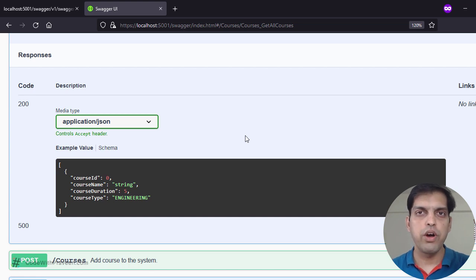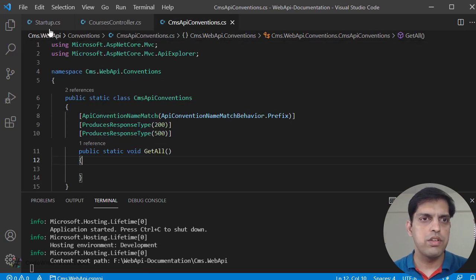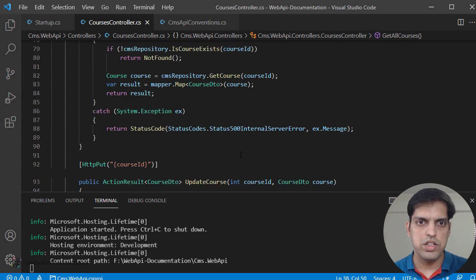Before we close this topic on API conventions, I want to give you one quick tip. If you are going to create custom API conventions, instead of creating everything from scratch, you can start reusing the default API convention that is already available. You can just copy the content that is present in default API conventions, including the class as well as the action methods, and then you can just tweak whichever you want to update. For example, if I go back to the source code, we have these default conventions. Let me go to the default conventions.